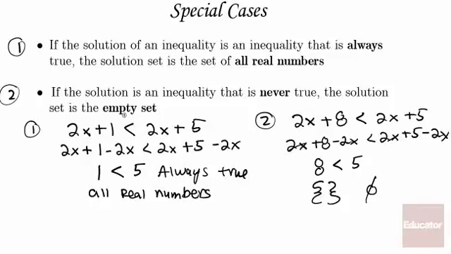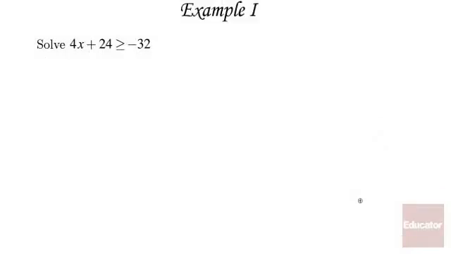Okay, so then I look over here and I have the opposite. I have a situation with an inequality that is never true. So the solution set would be the empty set. Most of the time, though, we're going to see a typical solution set, not all real numbers or the empty set. What we're going to be working with is mostly, but not always,